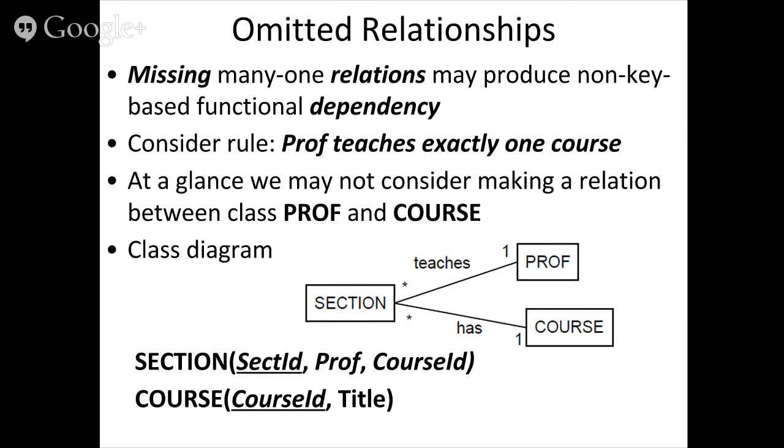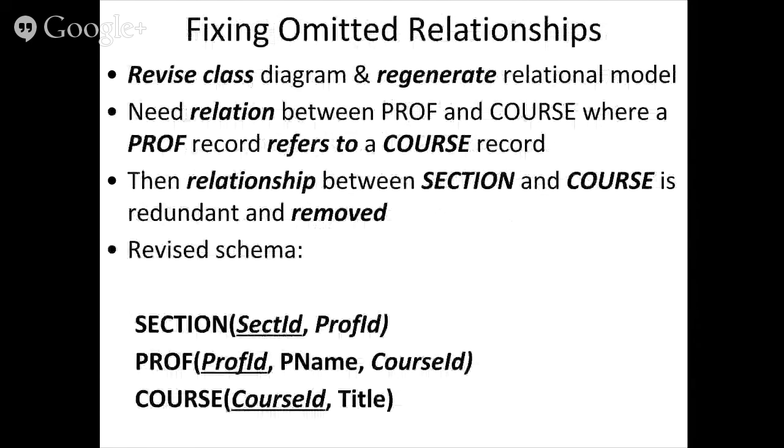And what we do is move the course ID into the professor, which is a foreign key, so there's one-to-many here. And we say the professor ID occurs only once, so I cannot